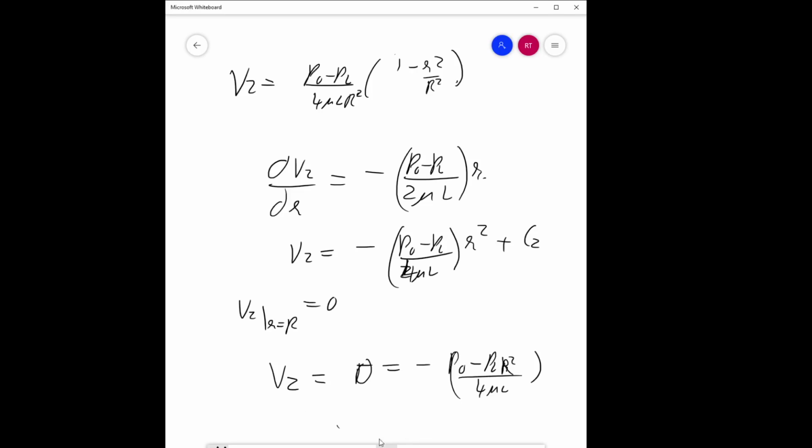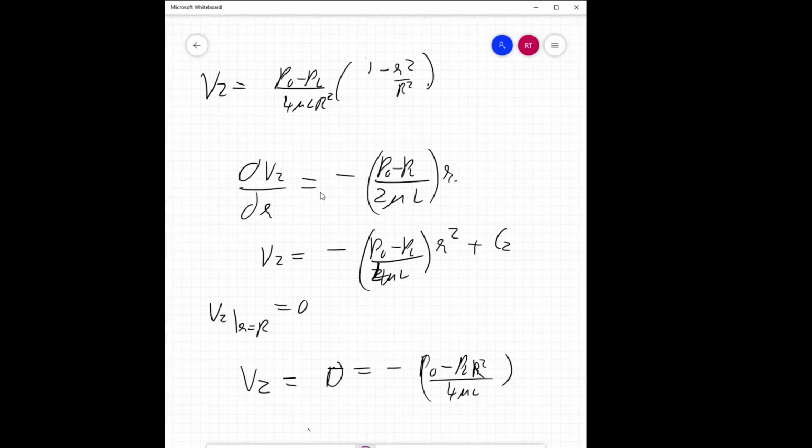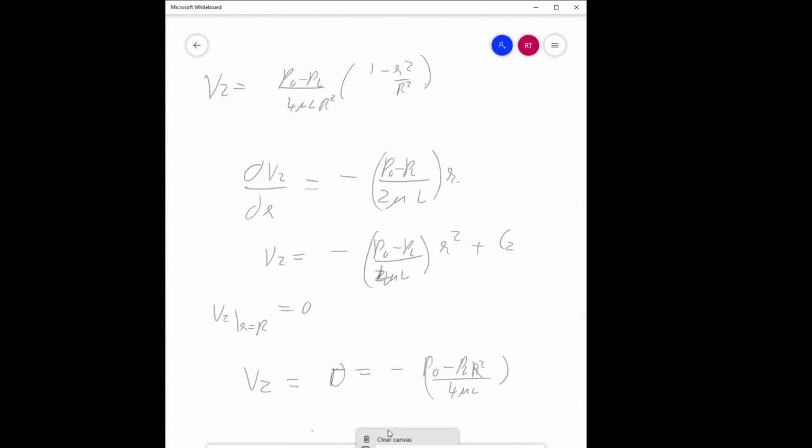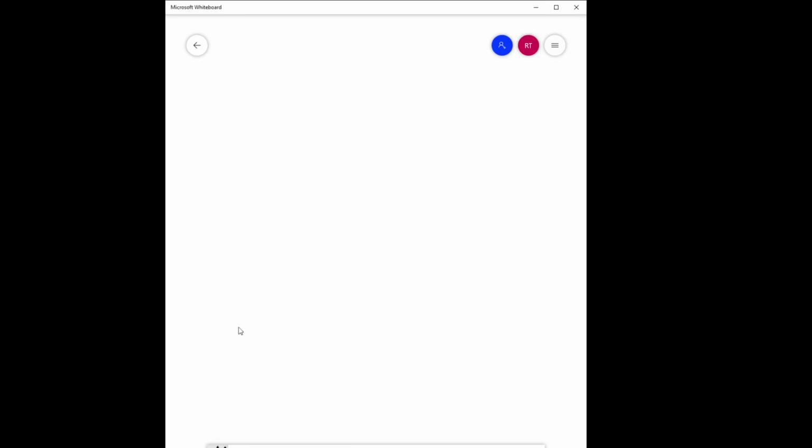And now let's find the average velocity. How to find the average velocity is you integrate the whole thing and divide it by the area. Okay. Let's do the average velocity, but let's first do the maximum velocity. So to get the maximum of this, you just have to differentiate dVz by dr, which should be equal to 0. And on solving this, what you'll get is 2r by R squared is equal to 0, or at r is equal to 0 gives a maximum velocity, which makes sense.